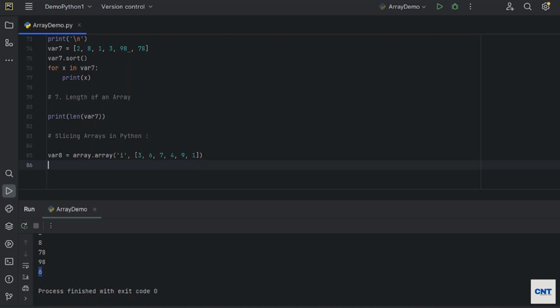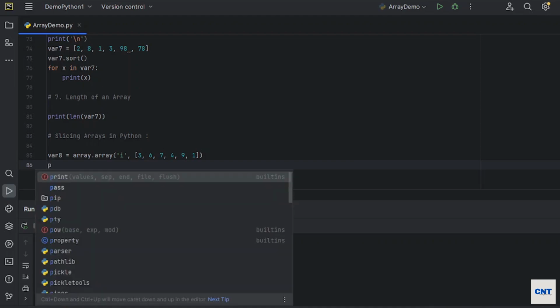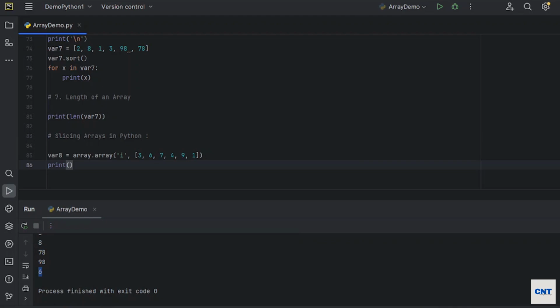First example: if I want to print a specific range of the array, I define var8 and then, let's say, first to fifth.